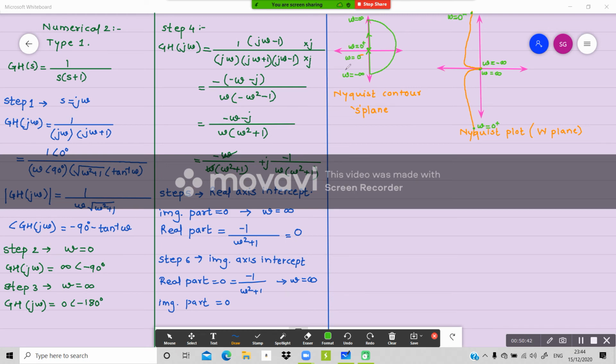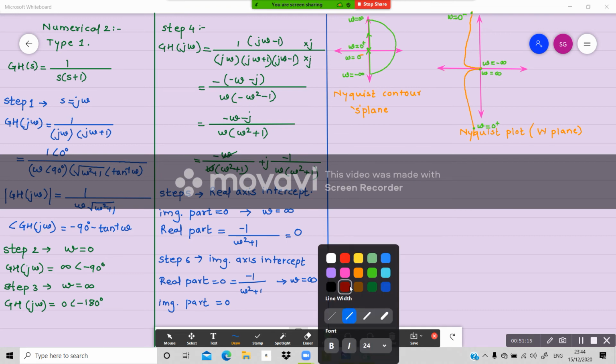Correct? Now what is going to happen at this pole, if your contour is passing through it? If you include this point, that is this 0, 1 upon s, in the contour, what is going to happen? It is in the denominator. If it is in the denominator and s is equal to 0, this magnitude will become infinite. So we have to complete something with infinite radius, which is not possible for us, not possible to show on the plot. So what we are going to do is go for the detouring.